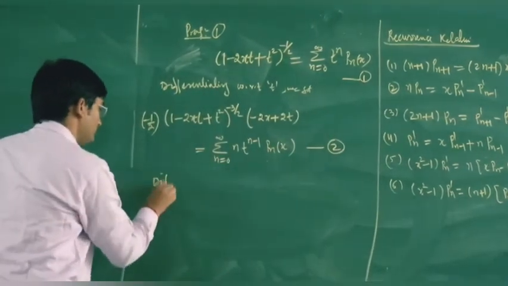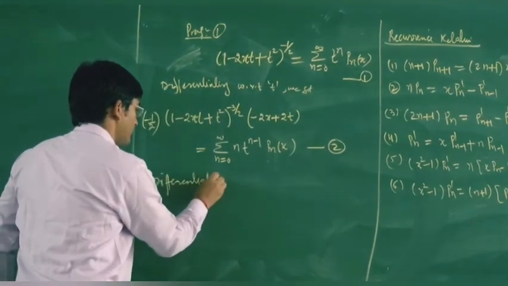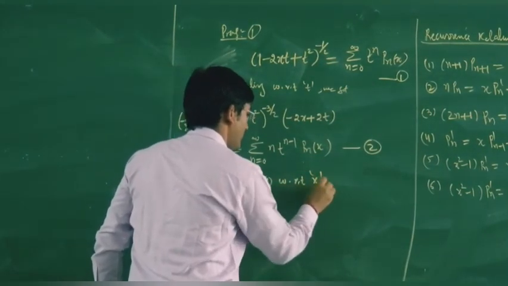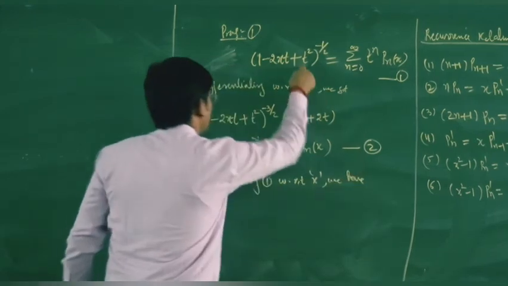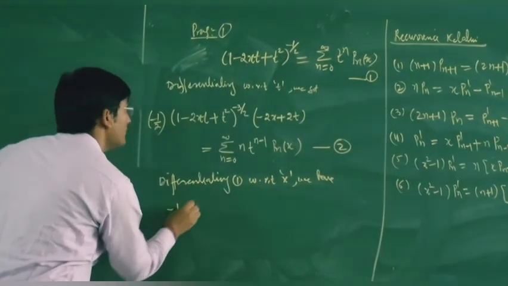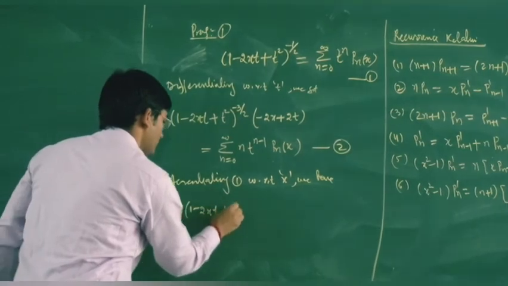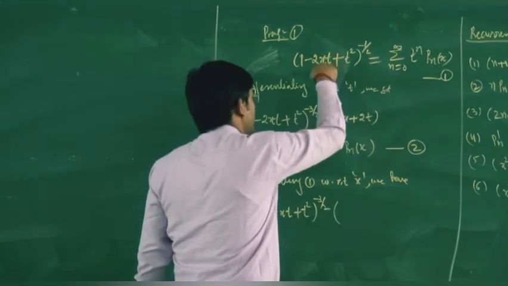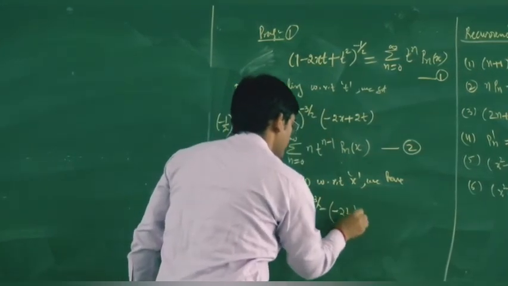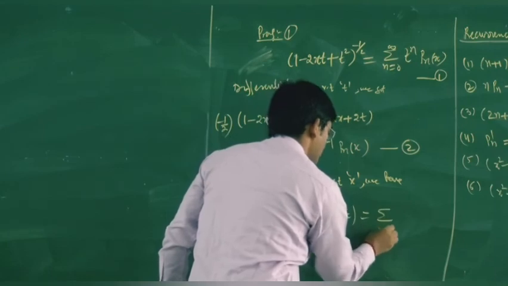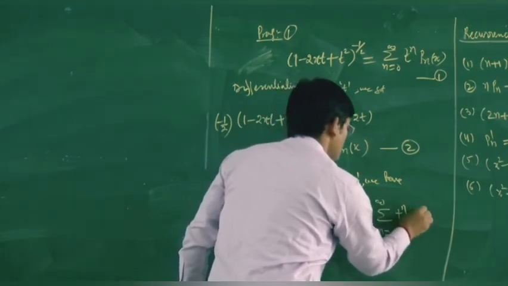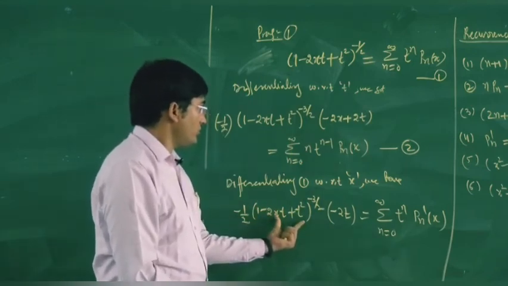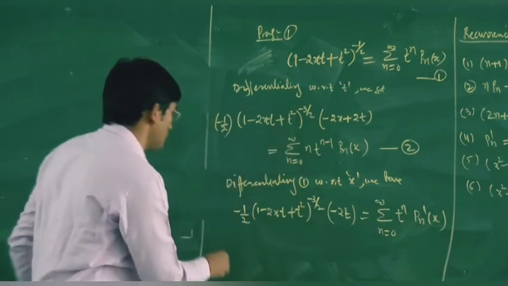So differentiating 1 with respect to x, we have the differentiation of this power, which will be minus half, 1 minus 2xt plus t square power minus 3 by 2, and then the differentiation of this bracket with respect to x will be minus 2t, and in the right hand side we have summation n equal to 0 to infinity t power n into Pn dash x. Now this power minus 3 by 2 can be replaced with the help of equation number 2, which is your